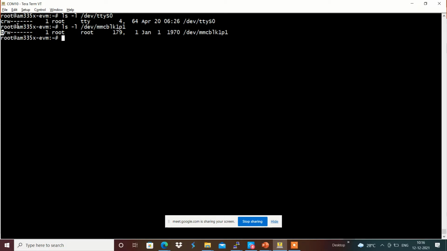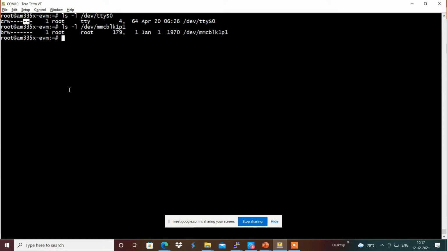For the rest, the first 3 bits are for root access. Root can read and write, but cannot execute. The next group of 3 bits shows there is no access for the group and no access for the user directly.